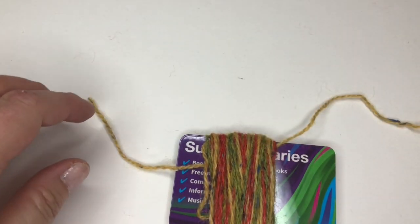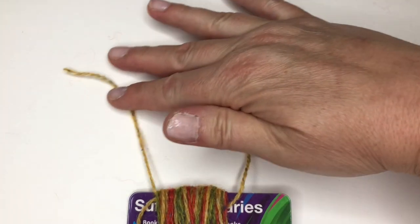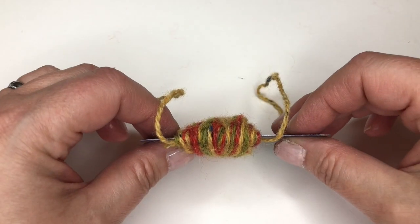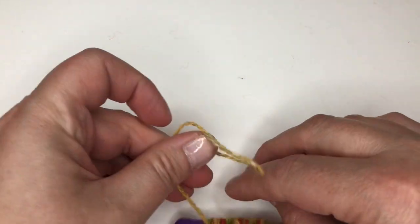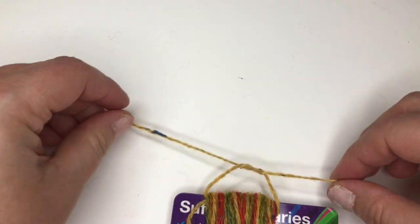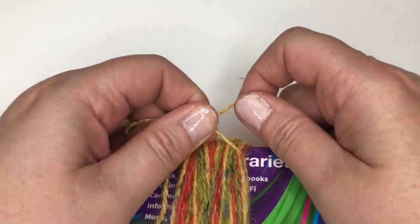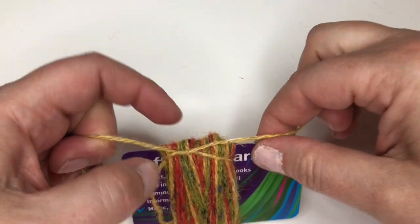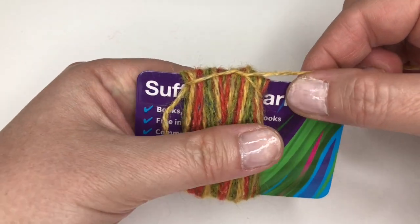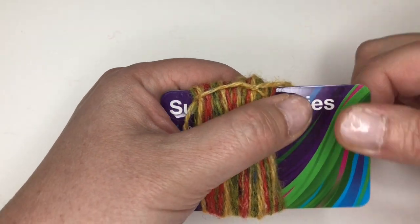And the needle can disappear for now. So if you look, that yarn is wrapped through the centre of the wraps, and I'm just going to tie a knot, just to secure it a bit before I take the card off. So it's not in any way secure yet, but it's held enough that when I slide this card out, nothing's going anywhere. So if I just slide the card out,